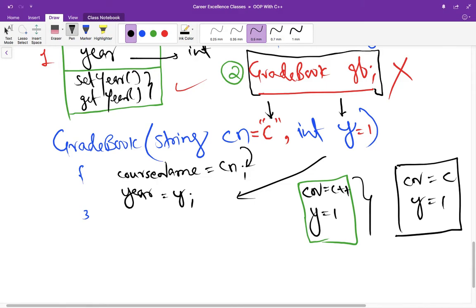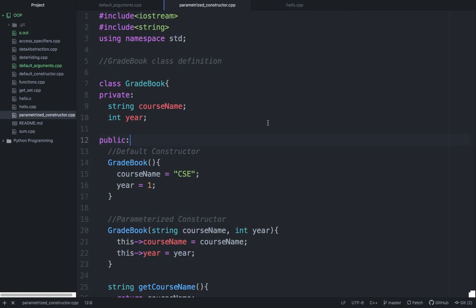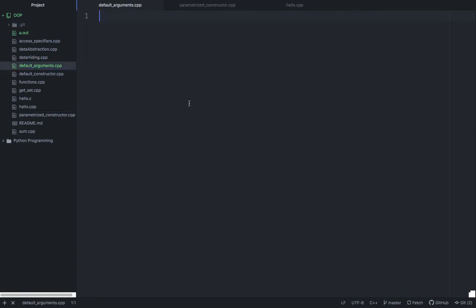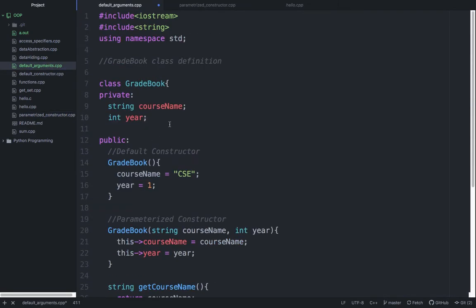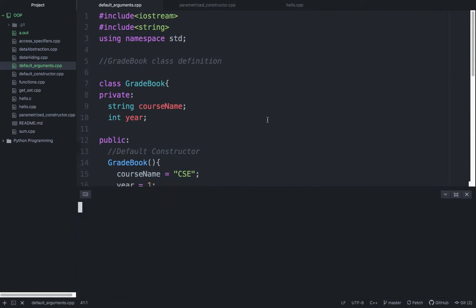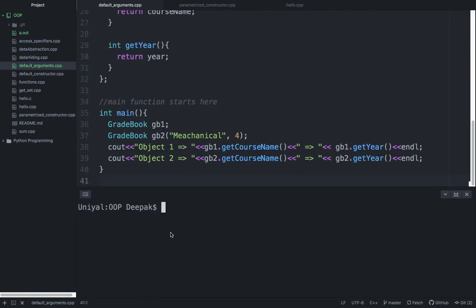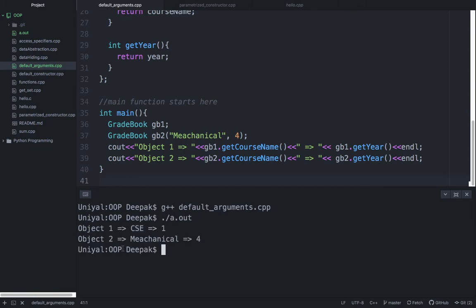So now let us do it practically. This is the program we discussed in the last class. I will copy this and paste it in the default arguments class, right? Let us see its output first. We can compile this program, default arguments, and the program is compiled successfully. Now see the output. It is object1, CSE1, and mechanical 4.